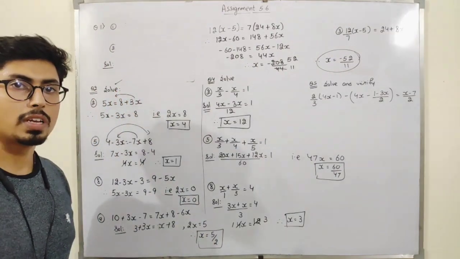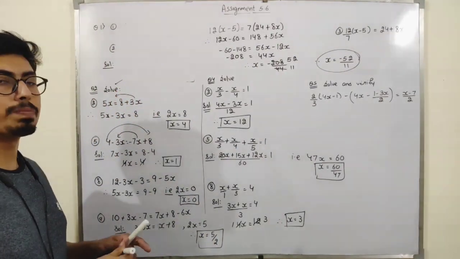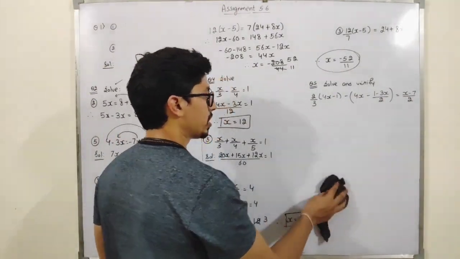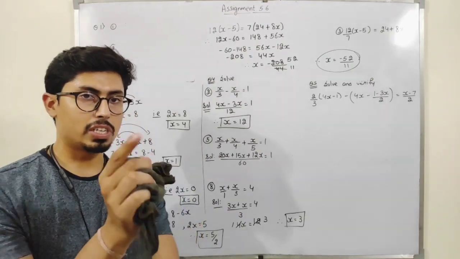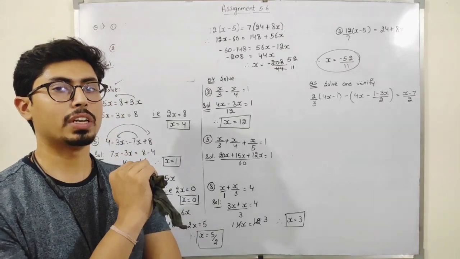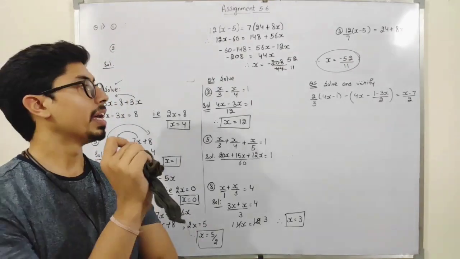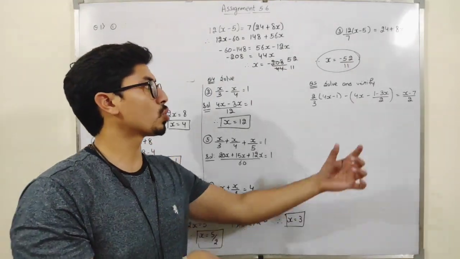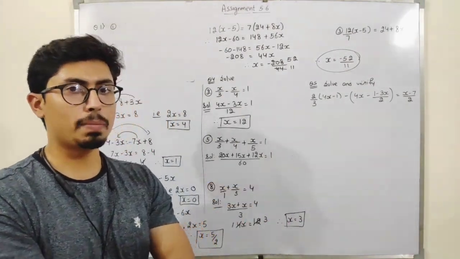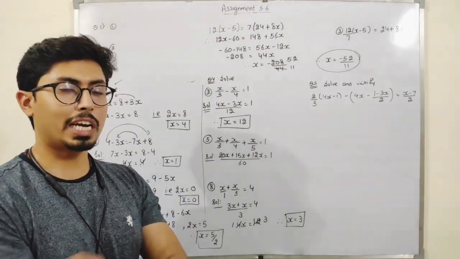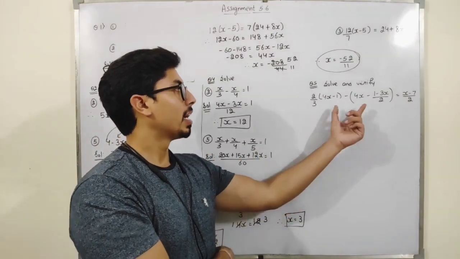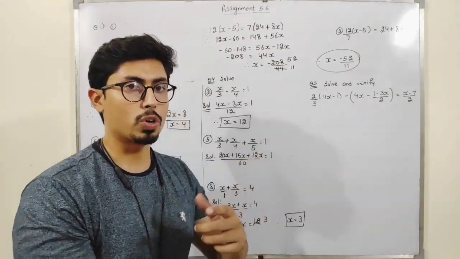Is it clear, students? Now, students, moving forward to question number 5. See, students, if you look in the book, question number 5, question number 6, and question number 7, all these questions are the same. In these 3 questions, you have to just solve the question and verify it. Solve means you have to find out the value of the variable, and verify means you have to check that for the particular answer that you obtained, your answer is correct. That means the left hand side is equal to the right hand side or not. That you have to check.